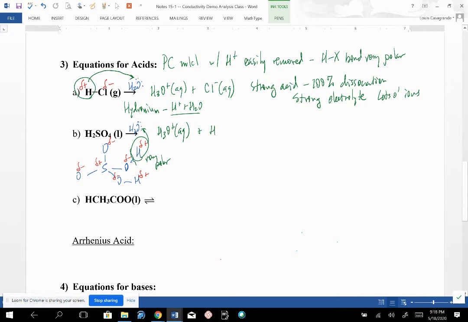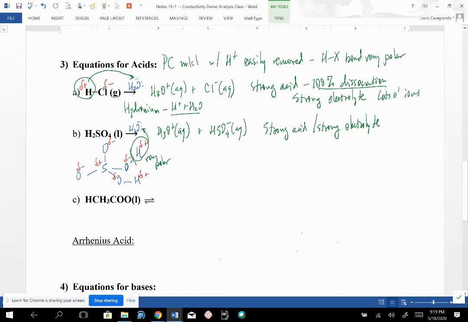And it's going to also make hydrogen sulfate, HSO4 minus. That's also aqueous. And this is a strong acid and a strong electrolyte. So these are both strong electrolytes. They dissociate 100%,